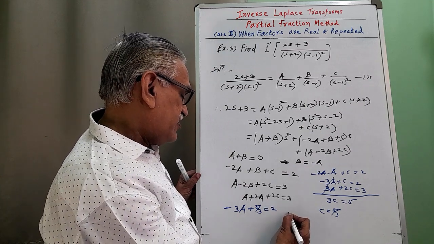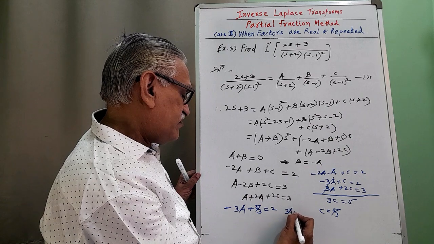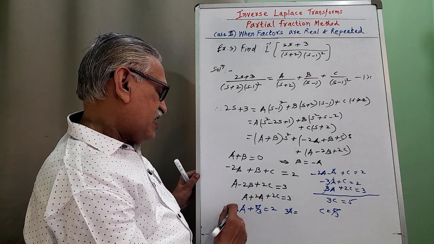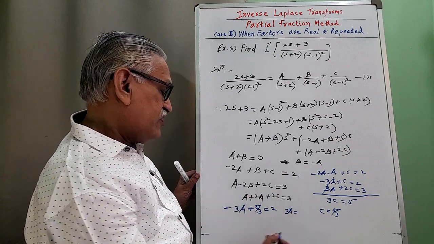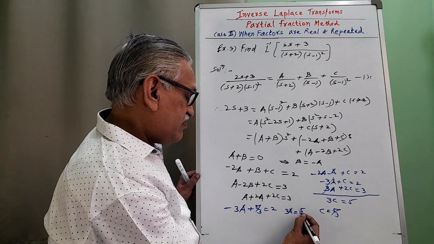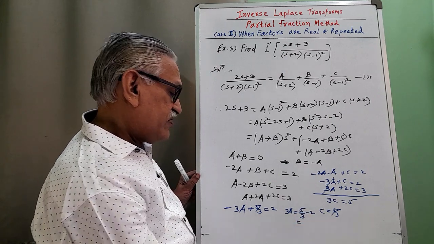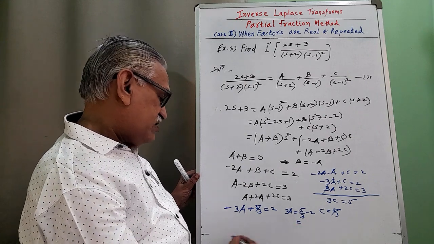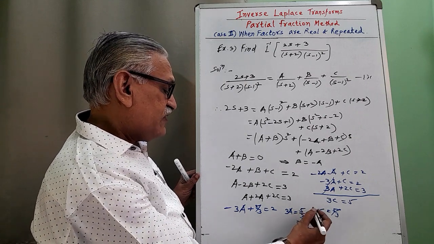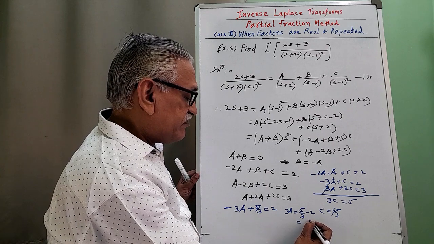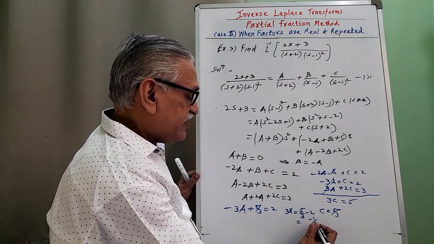Therefore 3a is equal to, transferring to right and this to left, we get 5 by 3 minus 2. 3 into 2 is 6, 5 minus 6 we get minus 1 by 3,